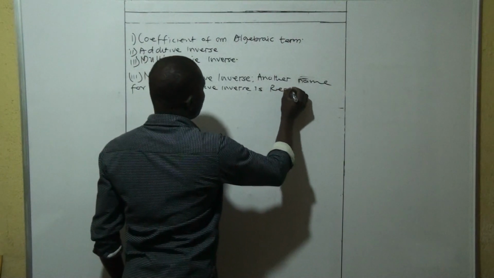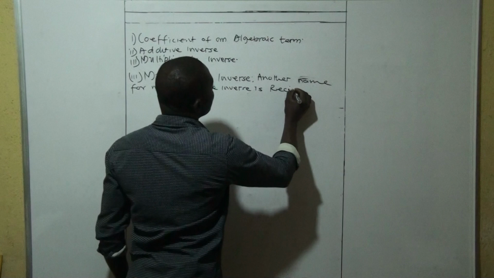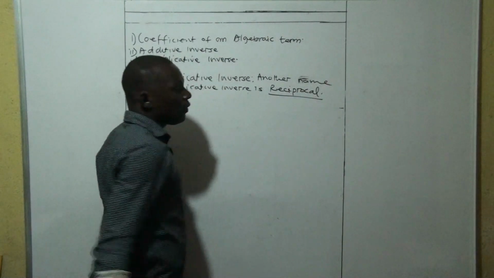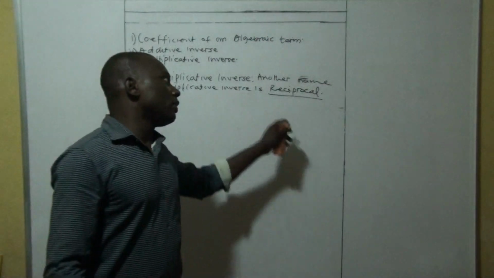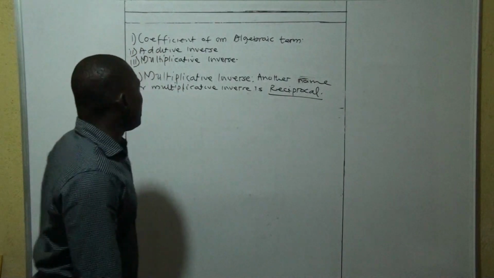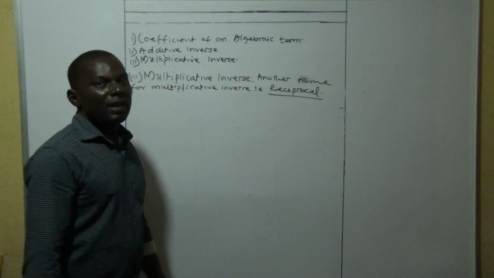It's called what? Reciprocal. So take note, that's another word for multiplicative inverse: reciprocal. Then the reciprocal of a number,